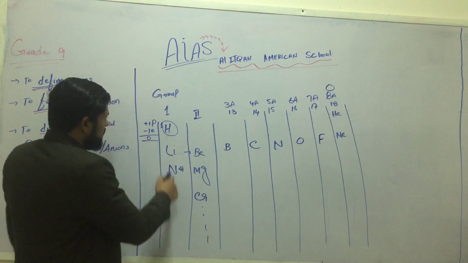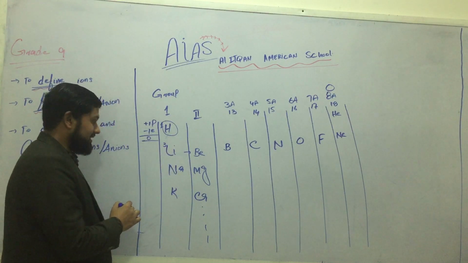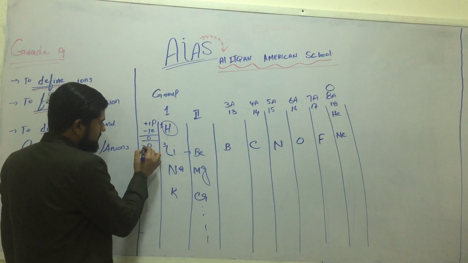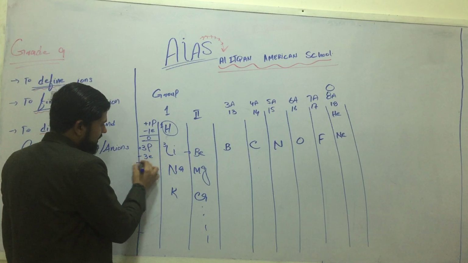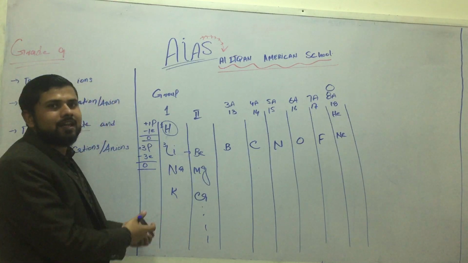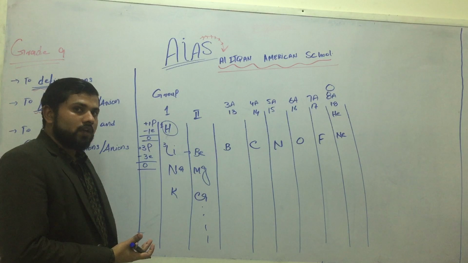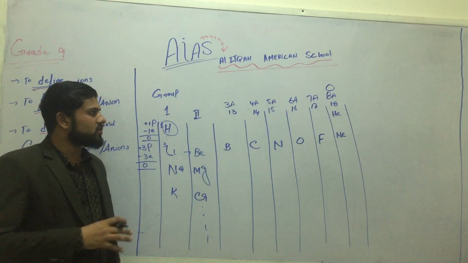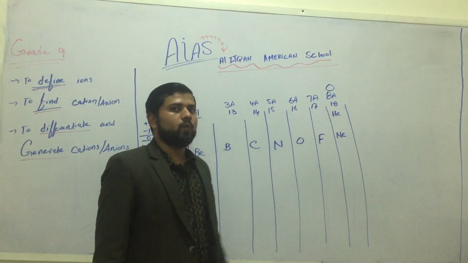Yes, good. Let's talk about lithium. The atomic number is 3. Yes, if the atomic number is 3, that means 3 protons, that would be plus, and -3 electrons, and the overall charge on it is 0. Why 0? Because +3 and -3 is 0. Yes. So then what is an ion? An ion is when you disturb any element. Why do we disturb? Because elements are just trying to get configuration like noble gases,